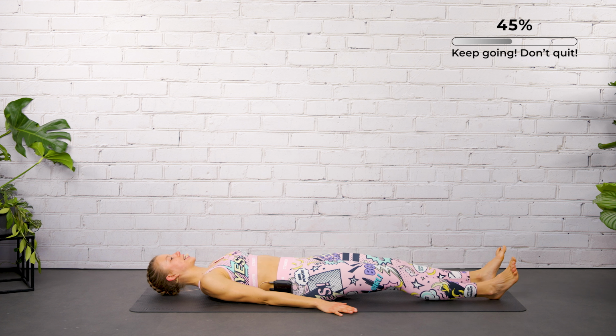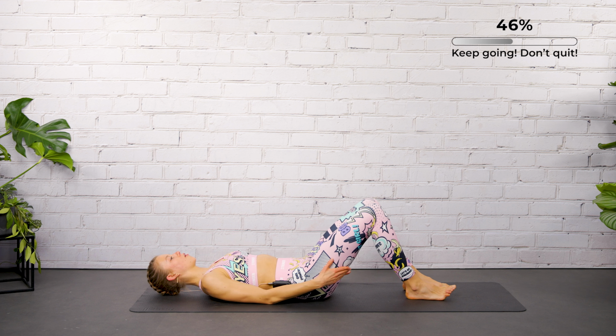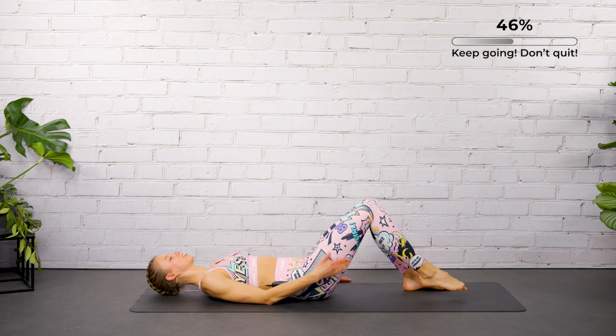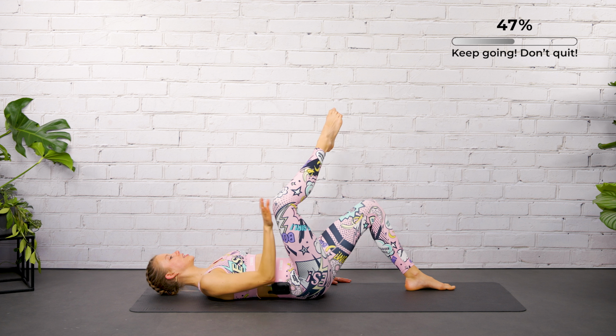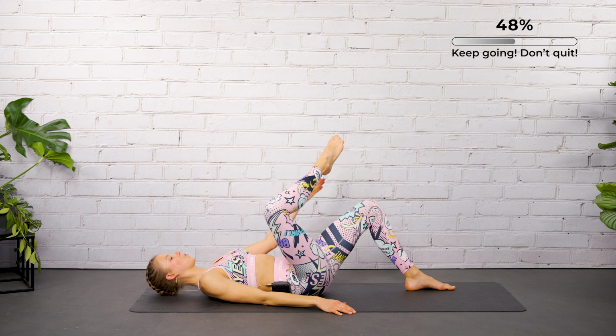Let me show you the exercise first with bent legs. Hold it here. Now, bringing the right leg towards your chest and come back. Just the right one. Yes. We turn the leg out so the knee is facing to the side and the heel wants to reach